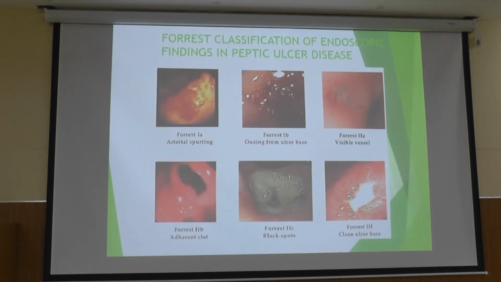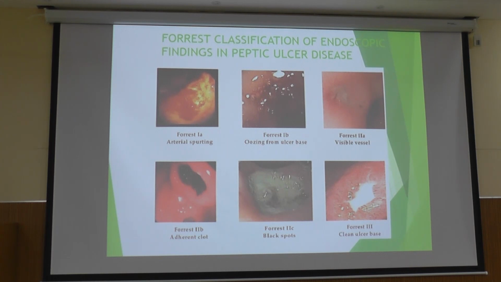Yeah. So 1A, 1B, and 2A have a very high risk of rebleeding. 1A is when there is an active spotting of blood. So what you see in endoscopy is an ulcer, and from that blood is spotting out. That is 1A. When there is no spotting but bleeding is there, oozing of blood is there, that is